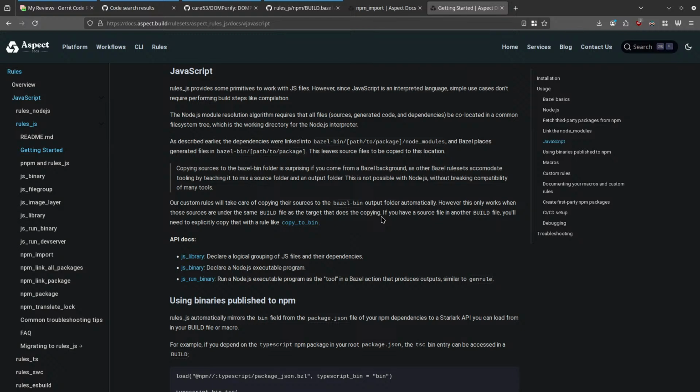So Bazel places generated files in Bazel bin, and Bazel bin path to package. And nope. I don't think this is the right way to do it. I don't know what the right way is to do it, but that's really unpleasant. So they are basically corrupting Bazel bin to work around a limitation in npm,